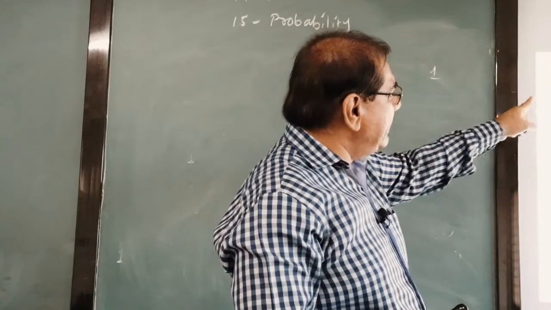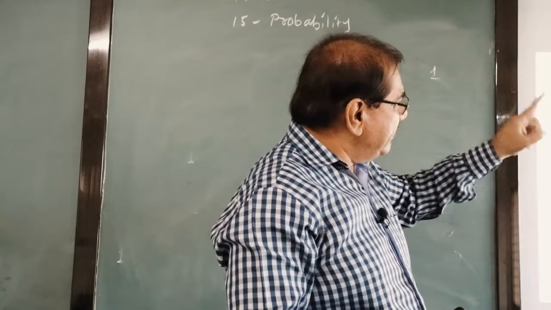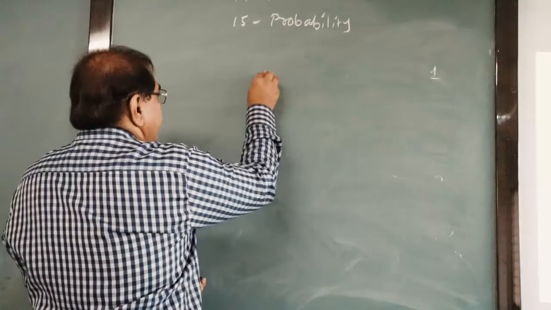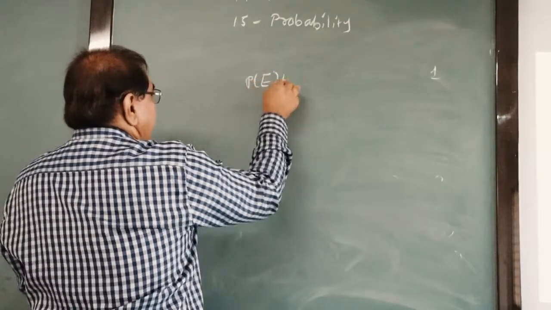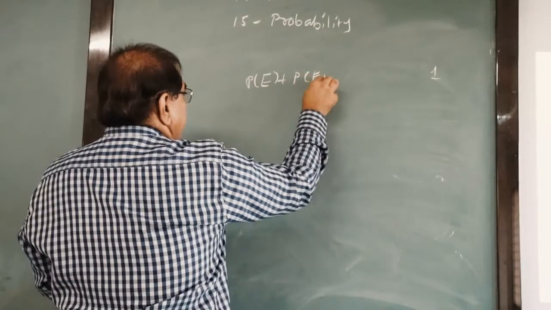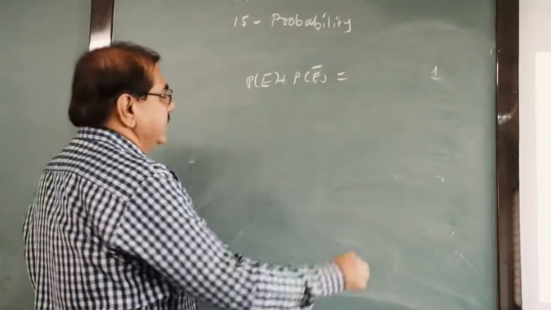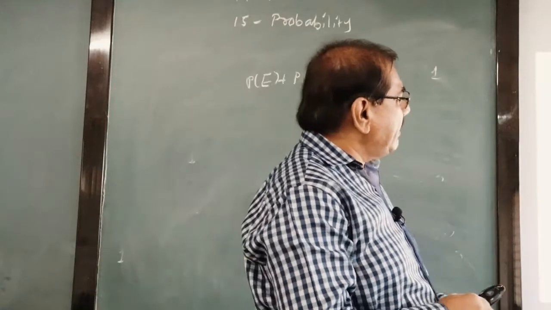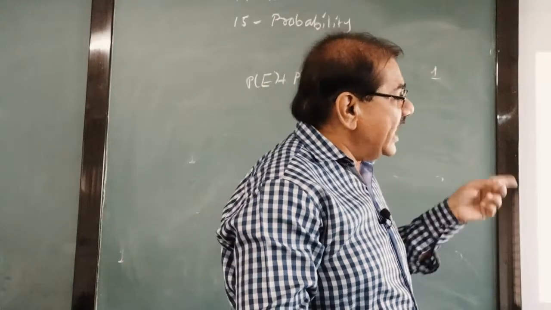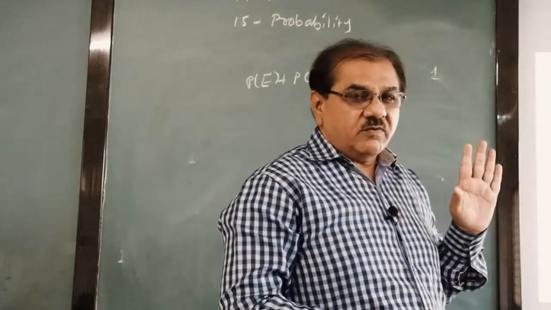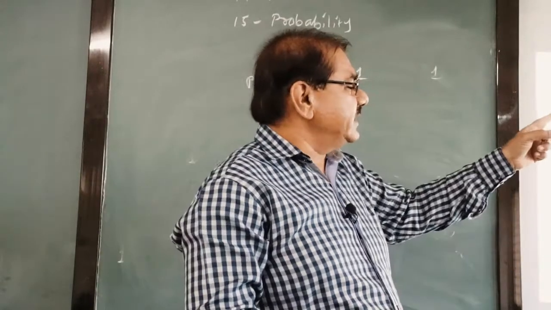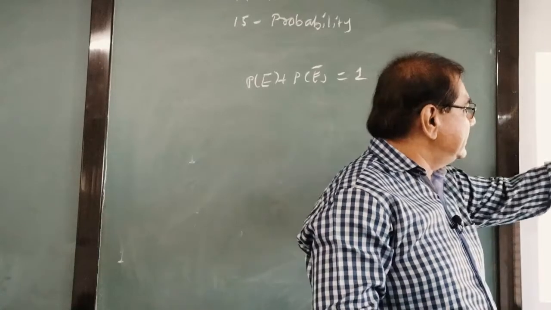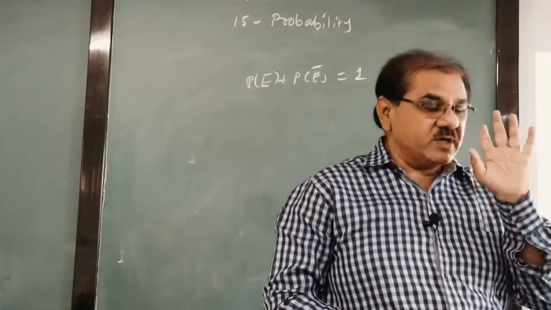Number 1, probability of an event E plus probability of the event which is not E. Ultimately it is P of E, and not E means E complementary. What is the answer? You know the answer is 1. We have learnt it. Second one, the probability of an event that cannot happen is what? Not possible to happen means it is an impossible event, and the probability is 0. So the probability is 0 and such an event is called an impossible event.